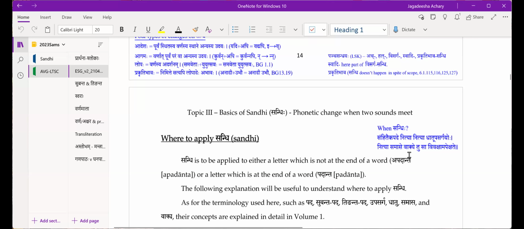Okay. So I think there's a karika. This is not a sutra, I think. So it says in blue, samhitaika pade nitya dhatu pasargayoho nitya samase vakyetu saviviksham pekshate. Okay, somebody has written a karika as a memorization tool in Anushtubh meter so that it's easier to remember. So let me just break that.